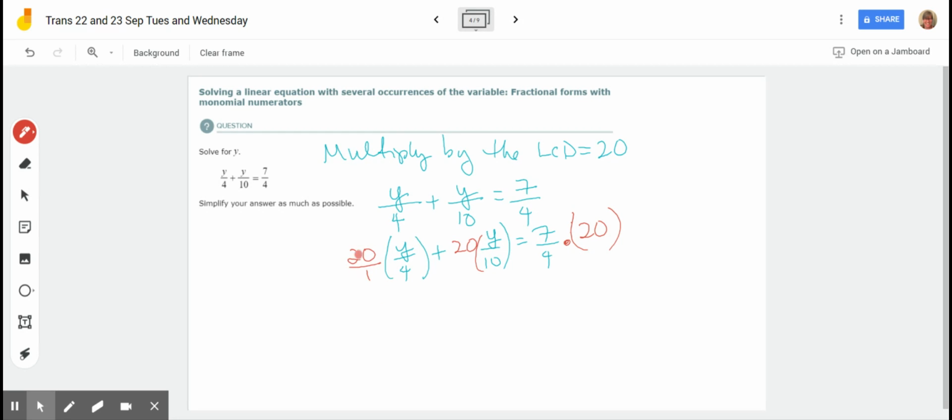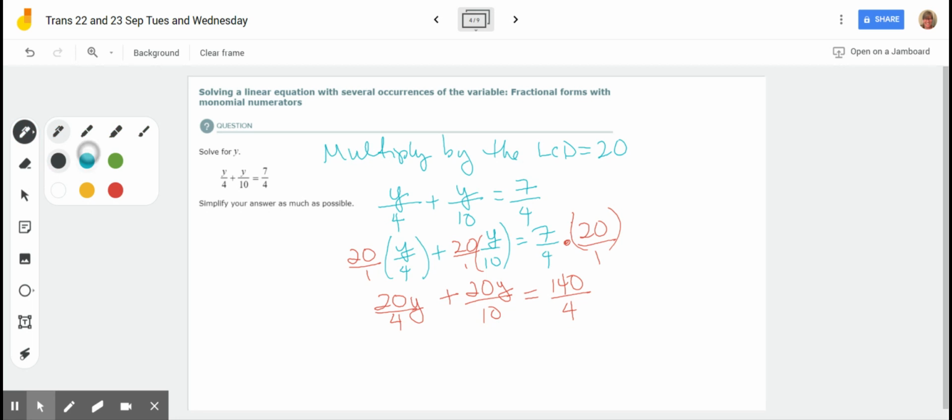All right, so here we go. 20y, multiply across. Again, I'm showing extra steps for those people that are struggling with fractions. To multiply fractions, you simply multiply across. You need to remember that. 20 over 1, 7 times 20 is 140 divided by 4. Now simplify. 20 divided by 4 is 5y plus 20 divided by 10, 2y equals